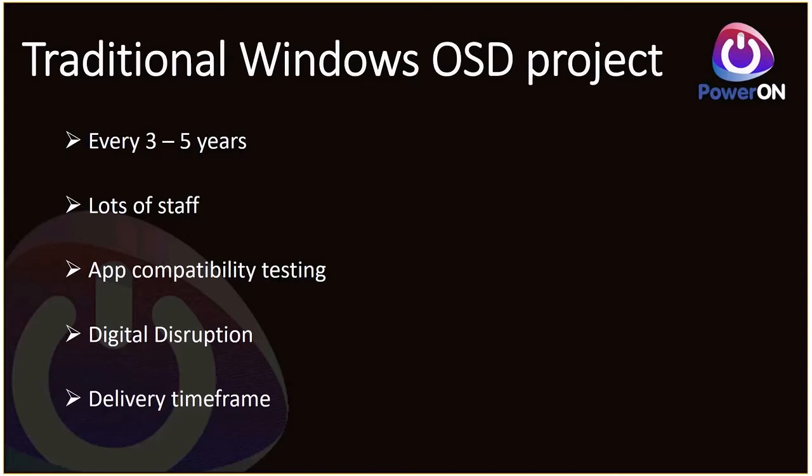So basically a lot of work every 3 to 5 years. And this introduces naturally a lot of digital disruption to users and the business as a whole, which in turn impacts productivity. And in terms of the delivery time frame, quite often these projects, certainly a lot of the ones I was involved with, could prolong over many months, even years in some cases, over the expected delivery time frame,